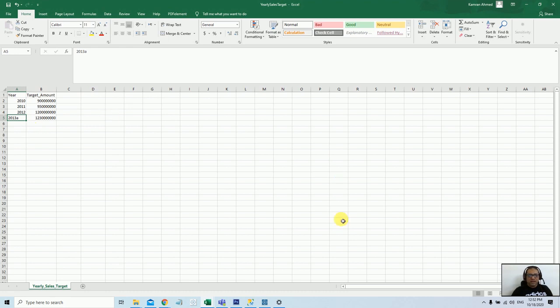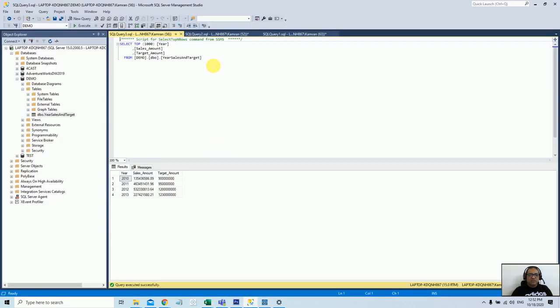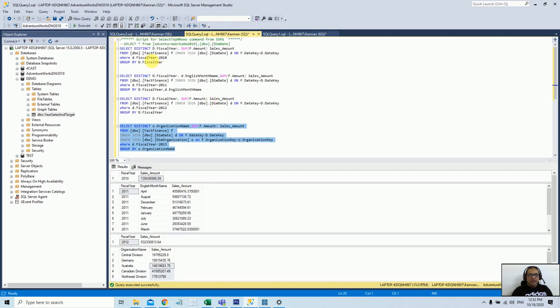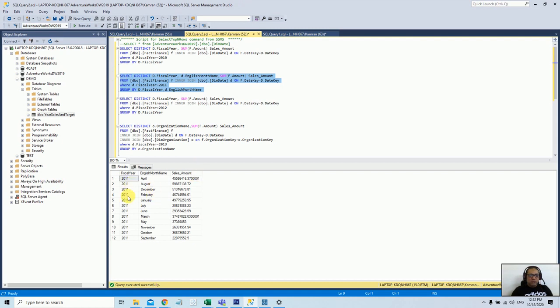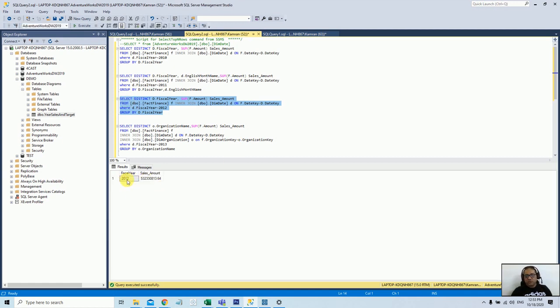So this is one file, and I created some extra scripts as well. If you see, I created another script for sales for 2010, total amount for 2010, and there is another one for sales for 2011, but it is aggregated at the monthly level. So we'll see how quickly we can do the aggregation at the Tableau Prep level to match with the other queries. Similarly, I have a third script which is again sales for 2012, but it is already aggregated at year level. So you can see how we can combine this data with the other data sets.